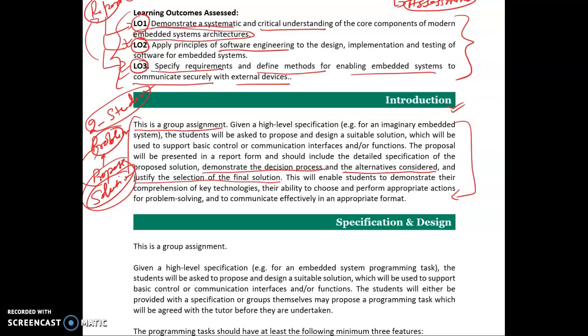It means that suppose you have identified 4 methods, let's say M1, M2, M3, M4, for finding the solution to this problem, and out of these 4 methods you have selected, let's say, M3 for the development of your project, then you need to justify why you have selected M3 over M1, M2 and M4. All these things you need to explain and cover in your report.